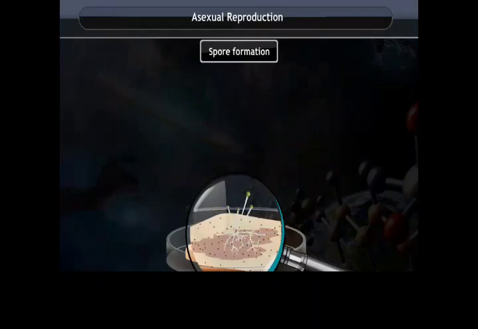The thread-like structures that developed on the bread have spores. The tiny blobs are sporangia, which contain the cells or spores. These spores are light in weight, thus they can be easily carried away. The spores are covered by thick walls that protect them until they come into contact with another moist surface and can begin to grow.